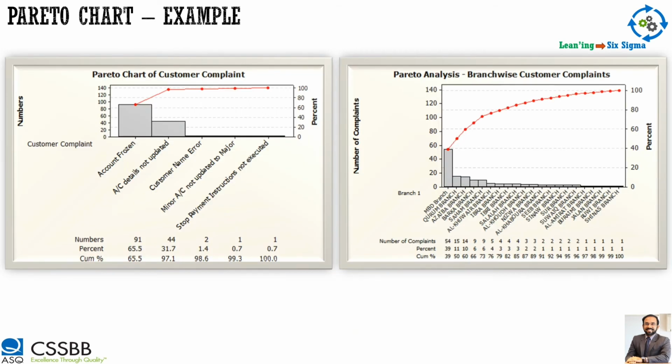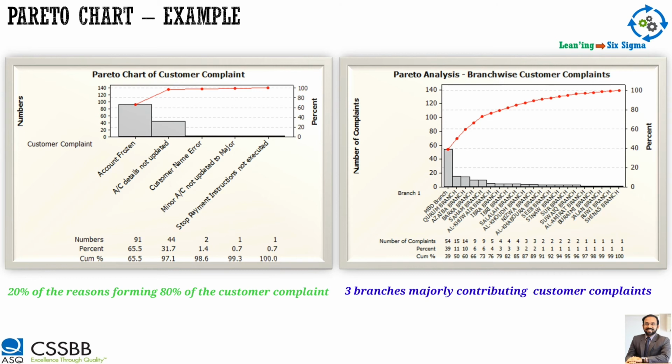In a real life example, this is the one. I have brought 2 charts, and this is the same complaint, the turnaround time of the bank, which I showed you in my previous slides. I dealt with the control chart and histogram for customer complaint turnaround time. Here is the Pareto of the reasons for the customer complaint: account frozen, account details not updated, customer name error. These are the complaints coming from the customers. Which one is the most? You can see obviously account frozen is the top complaint. Whatever mistakes you have made, account frozen is the most frequent complaint from customers, which means the customer is not able to operate the account.